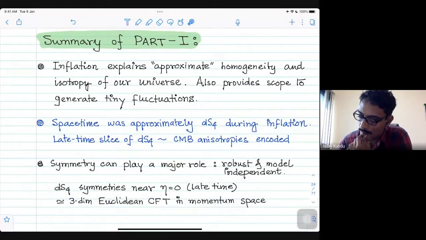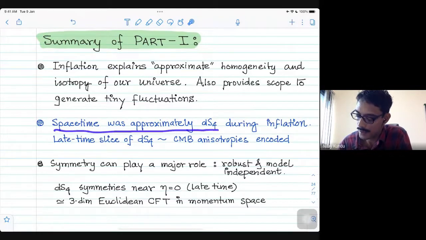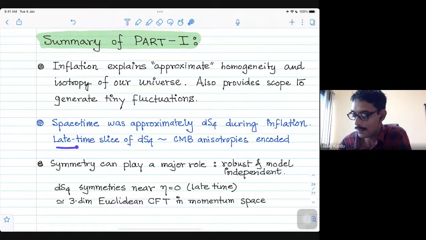So we understood that inflation explains the approximate homogeneity and isotropy of our universe. Additionally, it also provides a scope to generate tiny fluctuations that we can measure in the CMB. This space-time was approximately de Sitter during inflation, and we are focusing on a late time slice of the de Sitter, which in the conformal time coordinates is eta equals 0. Eta runs from minus infinity to 0. At this slice, the fluctuations that were generated get encoded in the cosmic microwave background, and we can observe them today. We have also understood that symmetry plays a major role, and